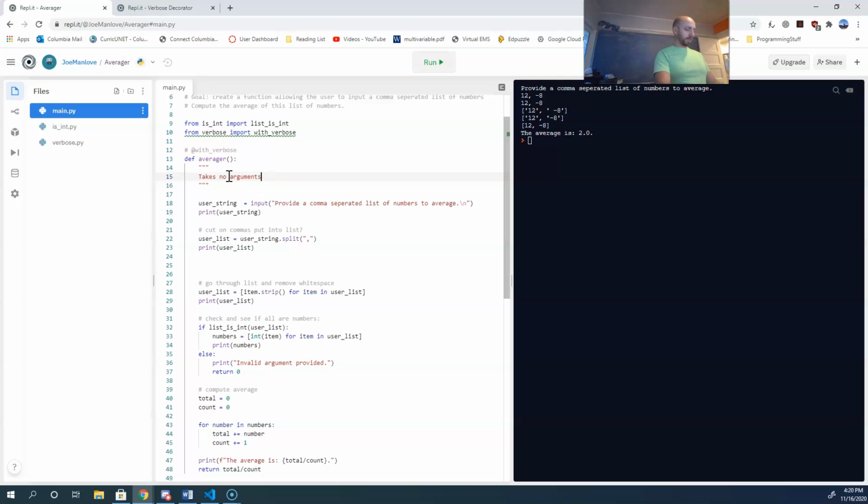Actually, I guess I should say maybe more explicitly that this gets a comma separated list of integers from the user,